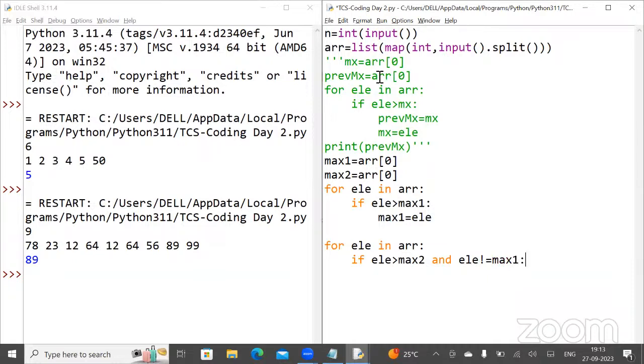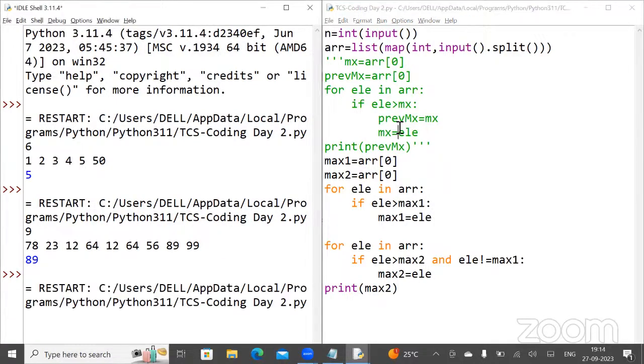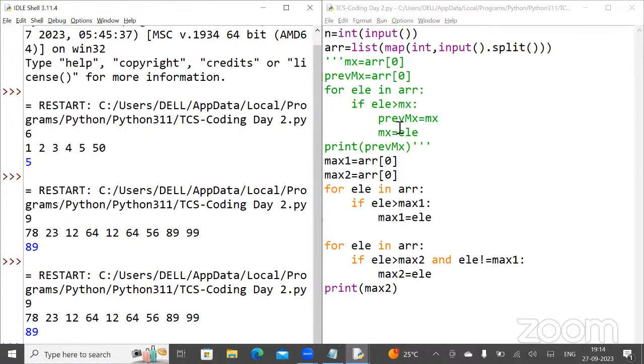In this case, it is going to return the second largest element from the array. So I'm going to say max2 equals that element. And after completion of this for loop, I'm going to print it on the screen. Now let us apply the same input to the code given here. I'm going to run the program, and again I say the size is 9. These are the array elements, and you can see it returns the same output one more time.